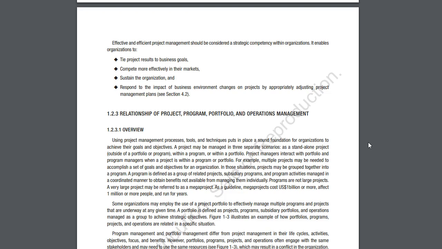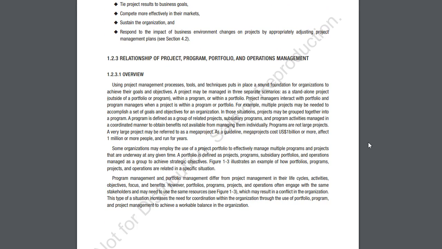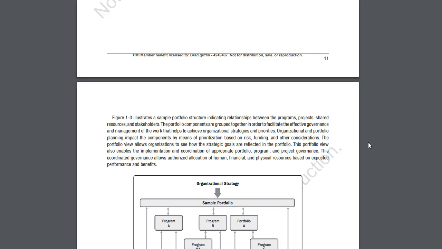So, I know that this is a question that pops up a couple of times on a quiz. The difference between project, program, portfolio, operations management. So these are all terms we throw out there. And so we've kind of defined operations management as ongoing. And we said, here's a project, here's kind of a small scale, here we're going to change things. And we said those are kind of two sides of a hat. So if one's a left shoe, one's a right shoe. So we have to have projects. Projects lead to operations in a lot of cases. But